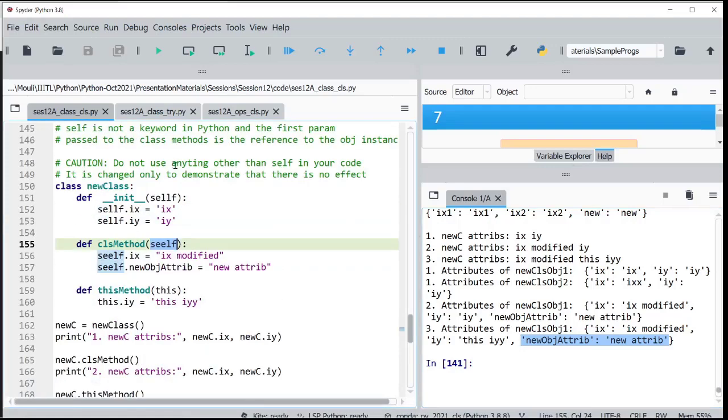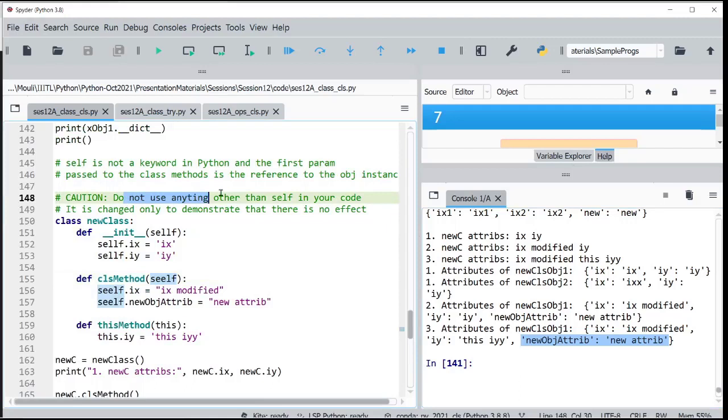But caution, do not use anything other than self in your code. It is changed only to demonstrate that there is no effect, but you have to worry about the person who is going to read your code, and this kind of thing will be really confusing. Please don't do that. I'm just showing you for demonstration purposes, to say that self is not a keyword in Python and you can use anything.